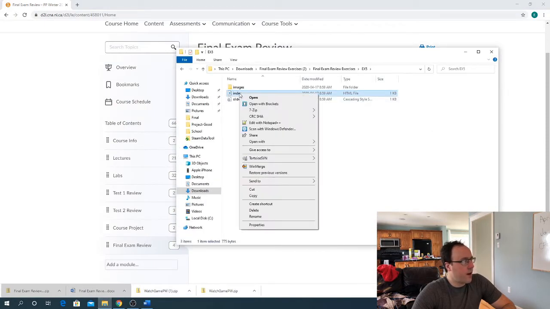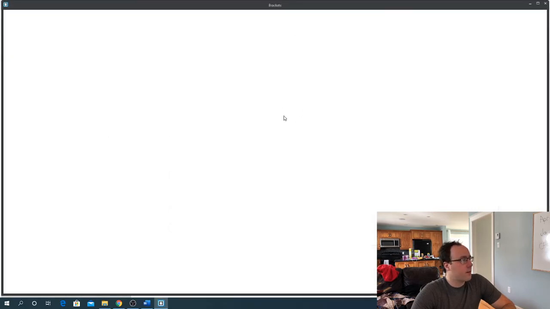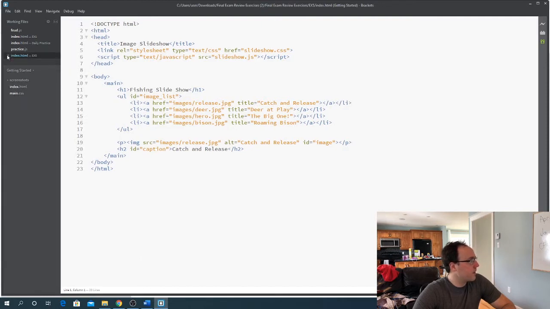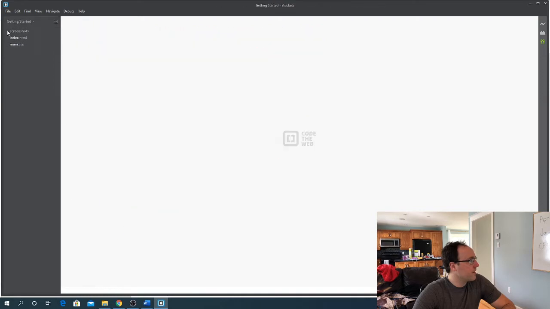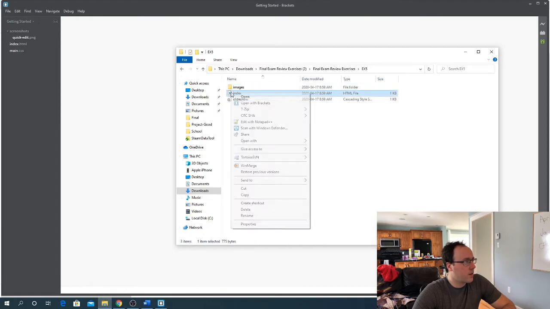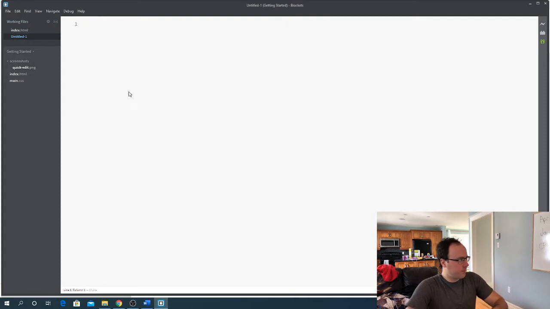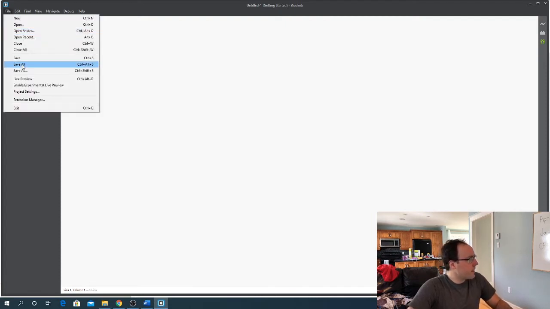All right, so here we go, exercise 5. I'll open this up in Brackets. Just going to close these other ones here so I don't confuse what I'm looking at. Okay, there we go. So there is a JavaScript file that's linked in, but we don't see that in the folder. So I'm going to create this file. It's called slideshow.js. So file, new, and I'm going to save this as,